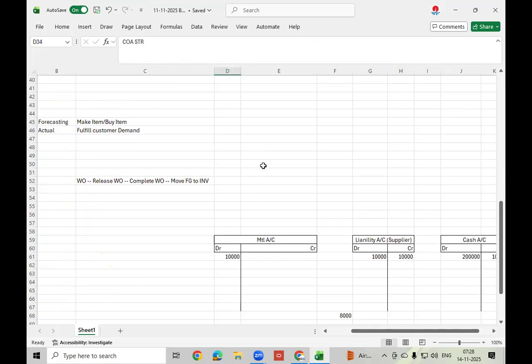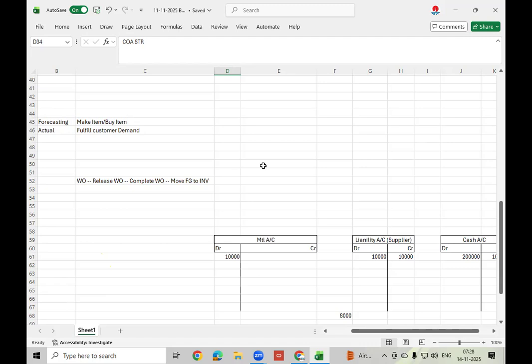In the chart of account structure, you will list the segments for maintaining this accounting entry. At least a minimum of two segments you have to define. One is company, another one is account. Then only can we maintain these entries in the system. Without defining chart of account segments, we cannot maintain accounting entries and journal entries.